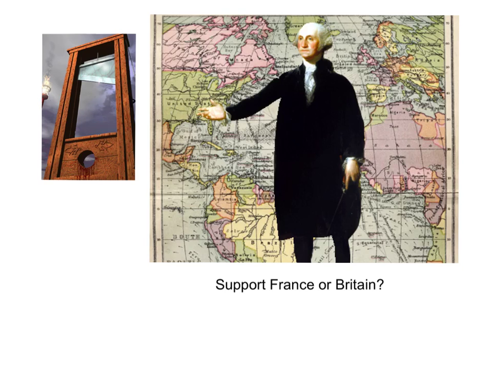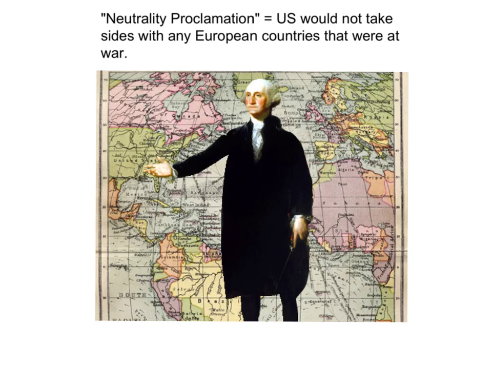And in the end here, Washington takes this very strong neutral stance in what is known as the Neutrality Proclamation. So Washington says in this Neutrality Proclamation that the U.S. is not going to take sides with any European countries that were at war. In fact, he goes to Congress on April 22nd, 1793, and he says, quote, "The duty and interest of the United States require that they should, with sincerity and good faith, adopt and pursue a conduct friendly and impartial towards